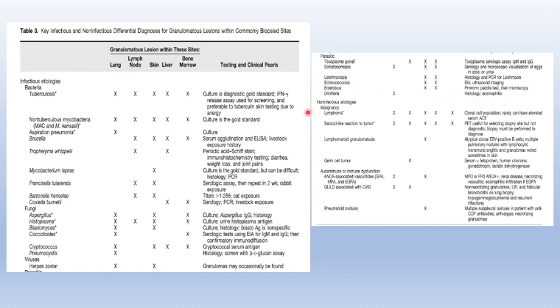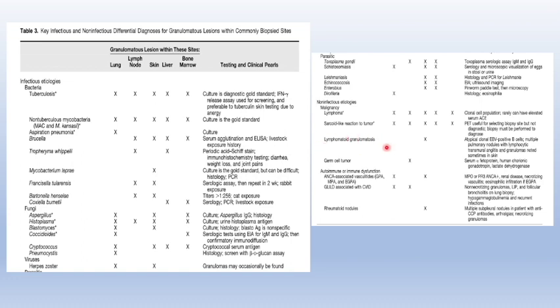We should never forget the non-infectious causes of granulomas as well, or of chronic granulomatous lesions, malignancy, lymphoma being one very important differential. Because again, presence of lymph node enlargement and granulomatous disease can also be a sign of lymphoma, but clonal cell populations may be there. You may have specific markers that you will be able to demonstrate, and usually you may not have lung involvement to the tune of the lymph node involvement, and so you may be able to boil down to the diagnosis.